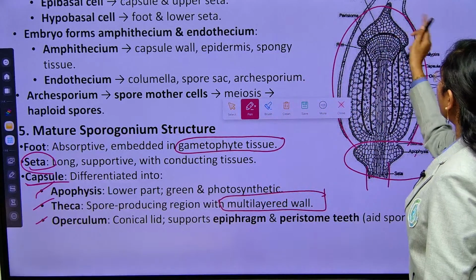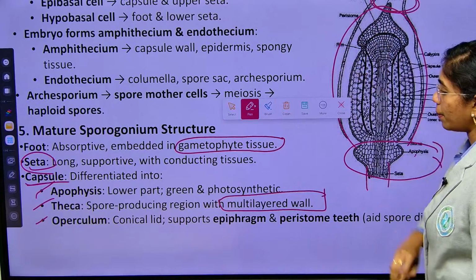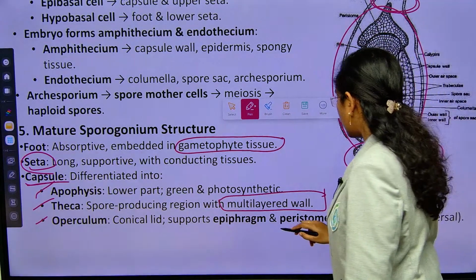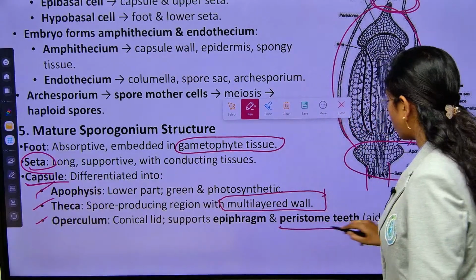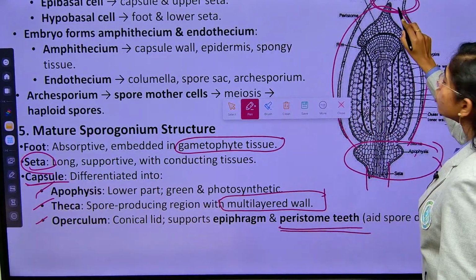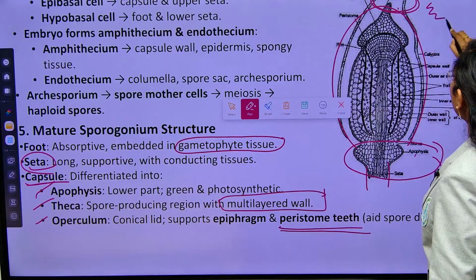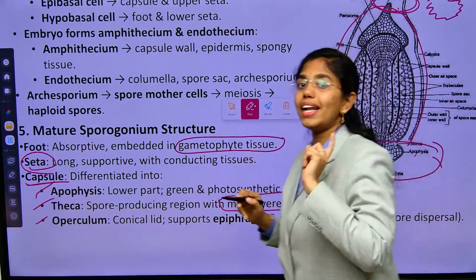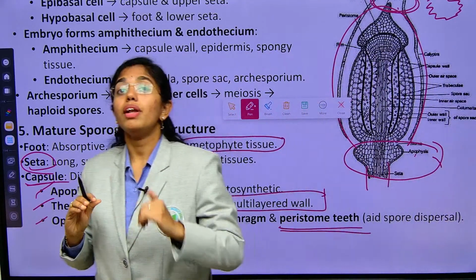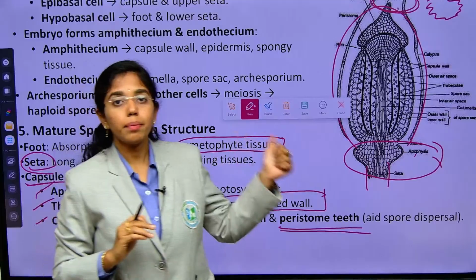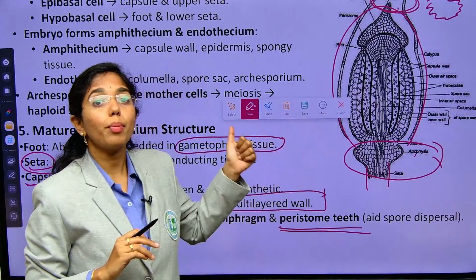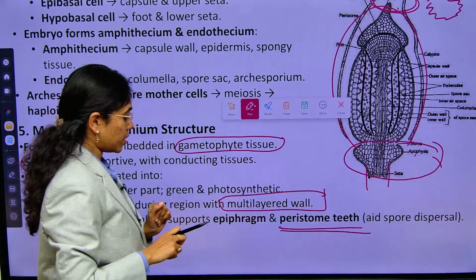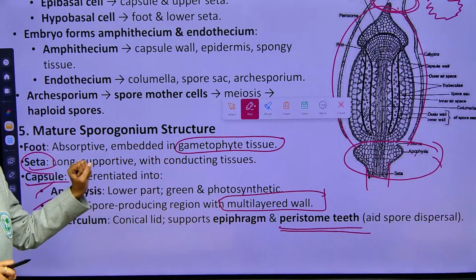And the operculum above, here you can see, has a conical lid which will support the epiphragm and peristomial teeth. Here, if you can see, the operculum will have the peristomial teeth, like how elaters and pseudoelaters in Anthoceros mediate spore dispersal. In Polytrichum you have peristomial teeth which will aid the spore dispersal mechanism. Till here it is clear, right? And then